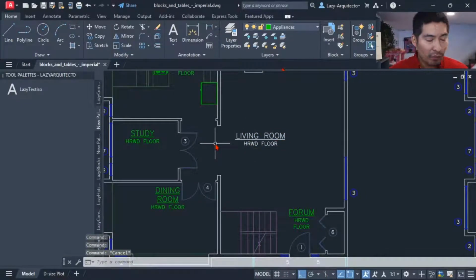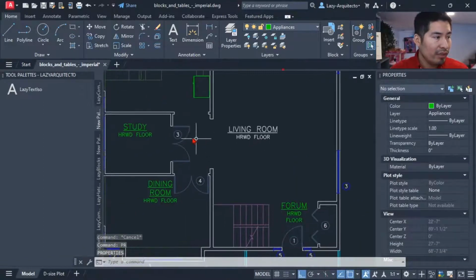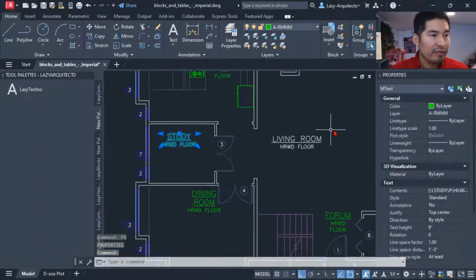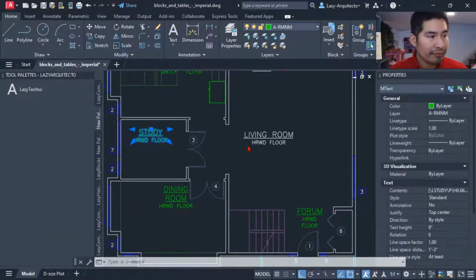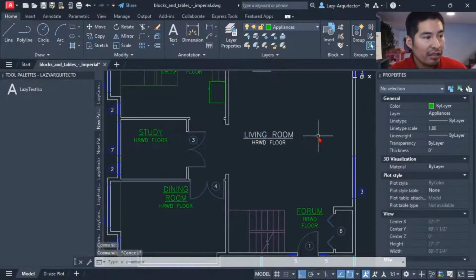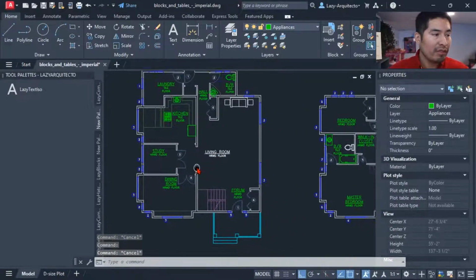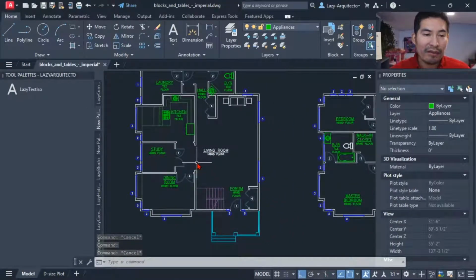Why? Well, if we open our property palette, right, we can select this piece of text and we can see that this item is an mtext. However, if we select this other piece of information, this item is not an mtext, it's simply a text. So that's why we still need to tweak our command to include not only mtext, but also text.